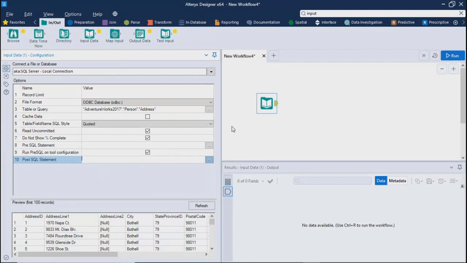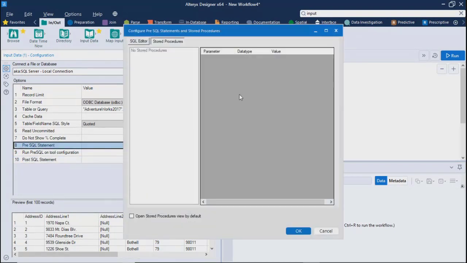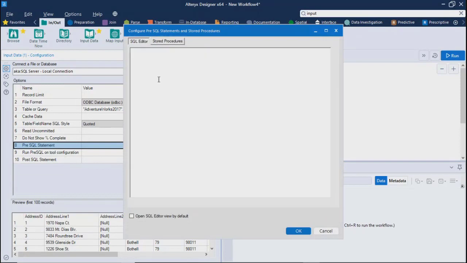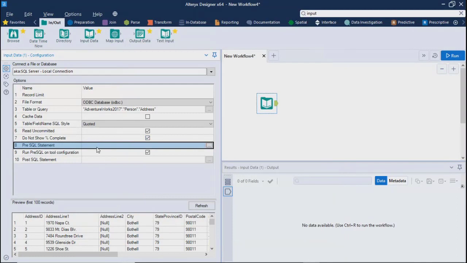In that case, you can specify your query into this particular segment. Query editor, go and type your query. So this query will run before the query which you have mentioned here. It's a kind of sequence between three queries. You can run them in order, right? Pre, post, and your main query.